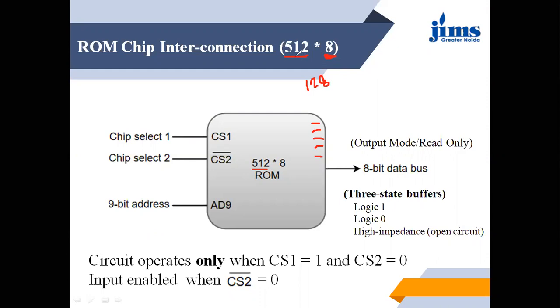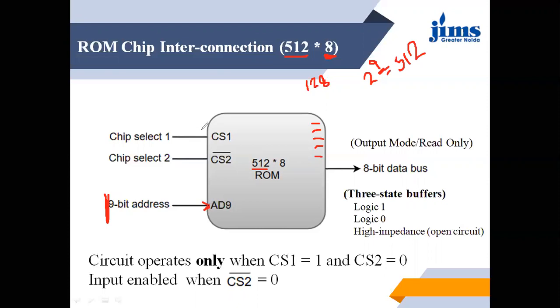When the size of memory is 512, then 2 raised to the power 9 is equal to 512. So if I want to access a word from the memory, then I need 9 address lines. So these are 9 address lines. This is a unibus, as we discussed, a unidirectional bus.